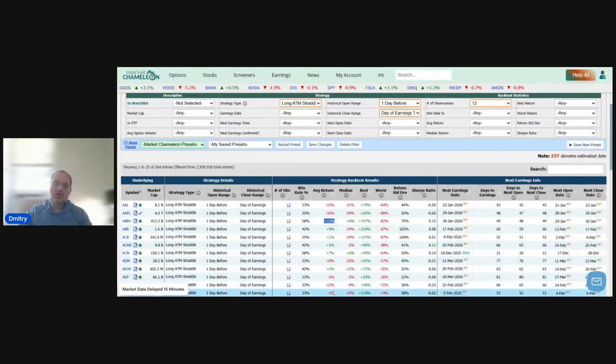Okay, over here, the median return. Well, this tells us if we took these 12 observations, sorted them from highest to lowest, and cut them in half, half of the observations were above this return, half were below. That's negative 31%. So you could see that